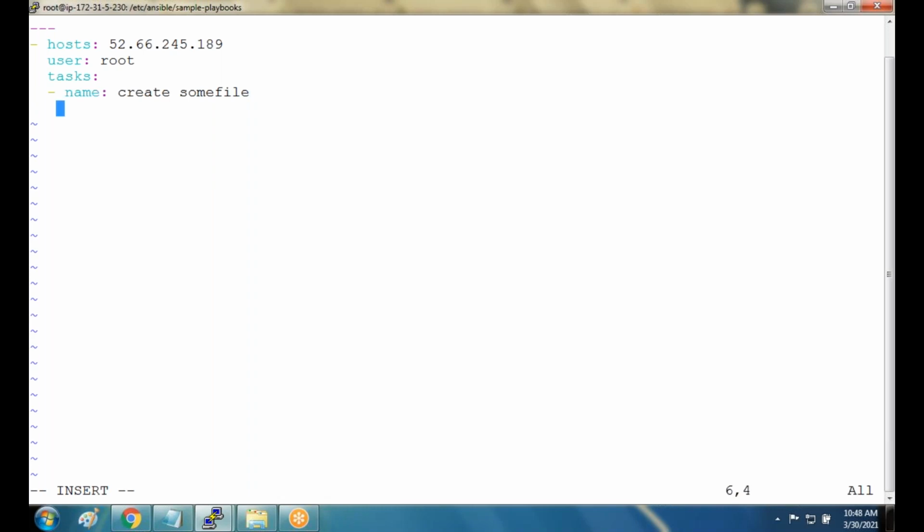And then just under the name, you go with writing some task, or you can say module. What is the module? File module. I was using this file module previously using some ad hoc commands, but now I'm using it within a playbook. But the module is the same. File is a module, and file has attributes. Now tell me, I want to create a file. What are the attributes? Path, yes,